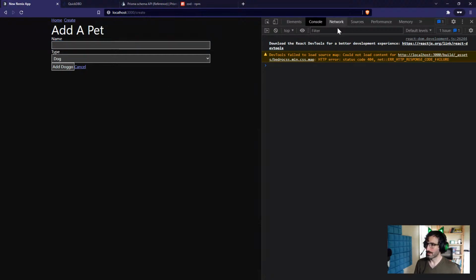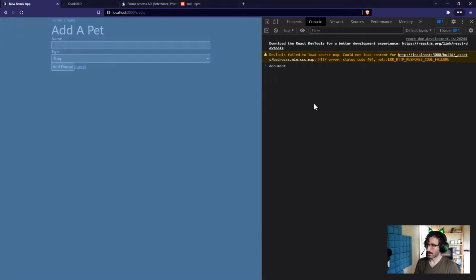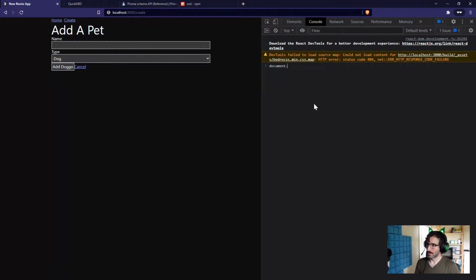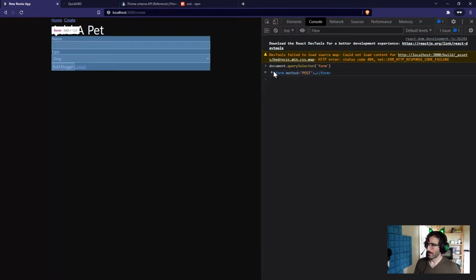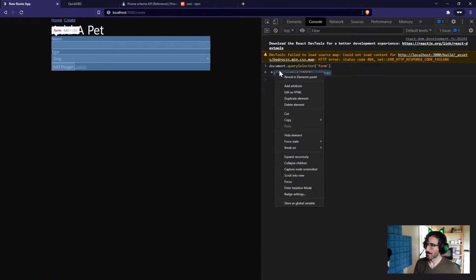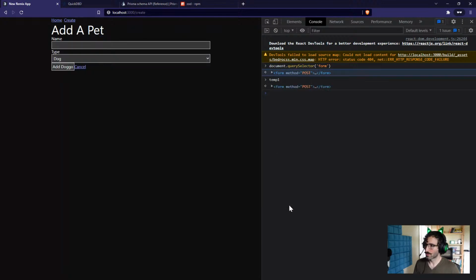What happens if I do document.querySelector for a form, and then I want this stores global variable. Cool. We've got temp1, and I say